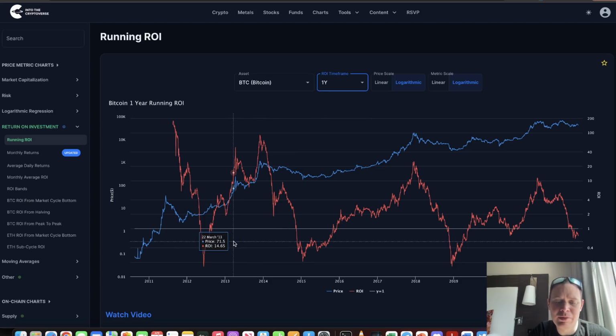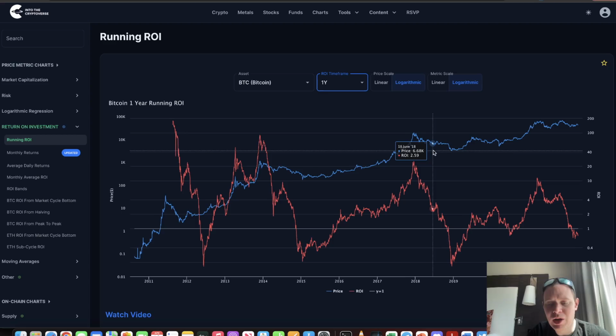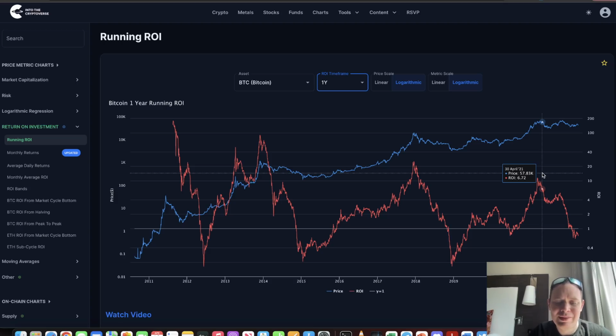One of the things to remember here with the 1-year ROI is that we don't really know when these major bottoms will occur, but whenever they do occur, they tend to occur somewhere down here. But you can also see back in June of 2020, we came below 1. We ultimately went back up. My guess is that as the market matures, we'll see less downside, but also less upside too. We'll see diminishing returns. This is something we talked about forever, right? A lot of people don't necessarily like diminishing returns, but I would argue that as the asset class matures, the downside will become less and less.